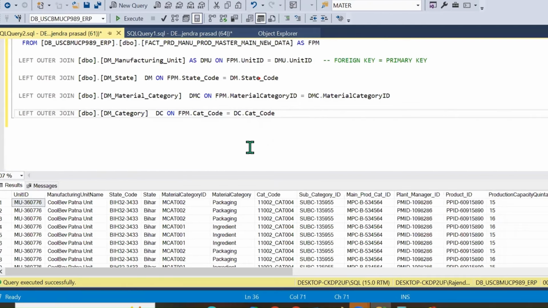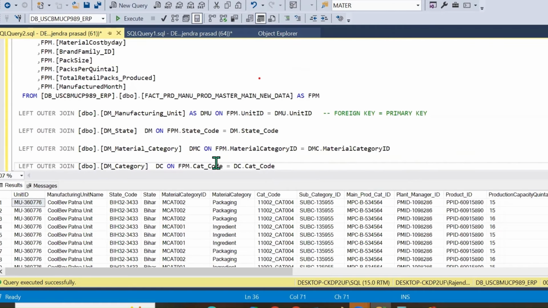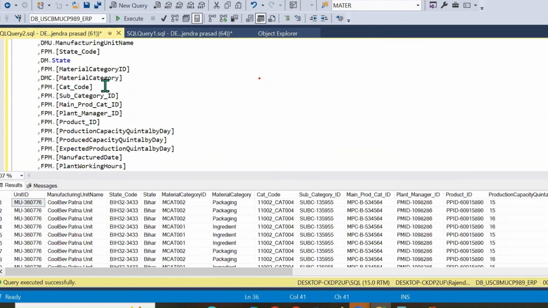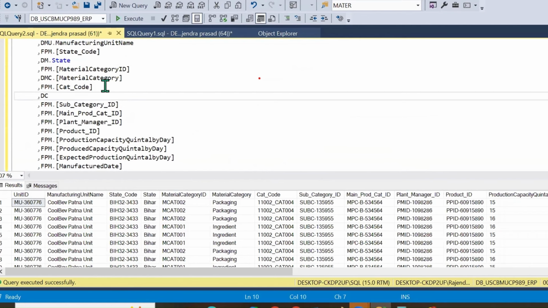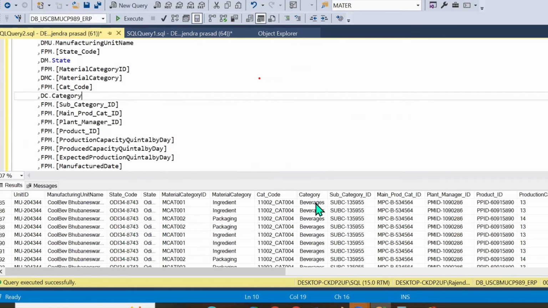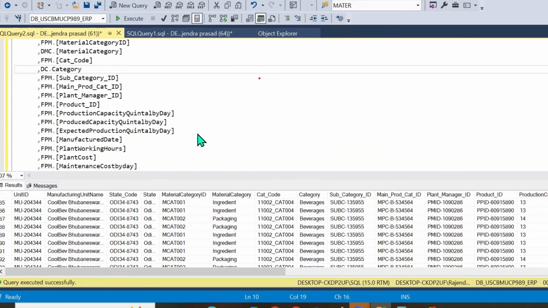What we are trying to do is DC dot cat code. Where is that cat code? DC dot category. We are trying to extract category. Yes, beverages. So wherever there is a category code,